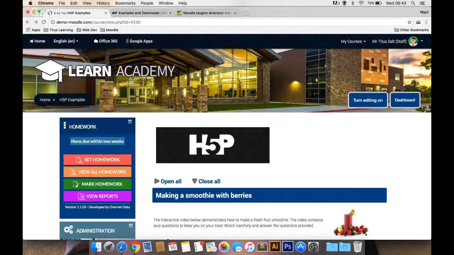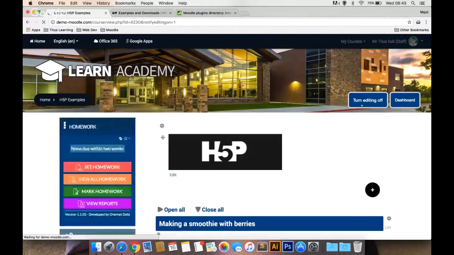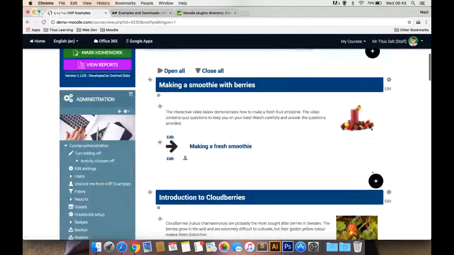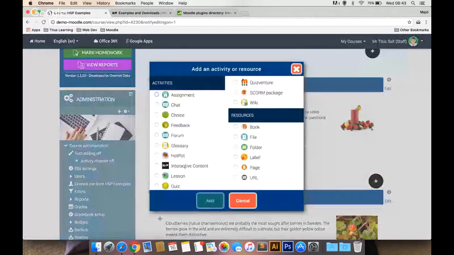Okay, so if you wanted to create your own H5P content or upload a file which has already been done, then you need to turn editing on within your course. This is providing you've got the H5P plugin installed for Moodle. So if I click on add an activity here, I can see there's a new activity type called interactive content with the H5P logo. If I click on add,